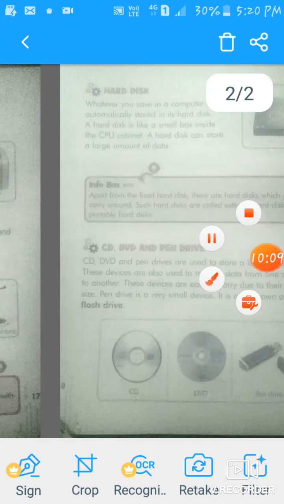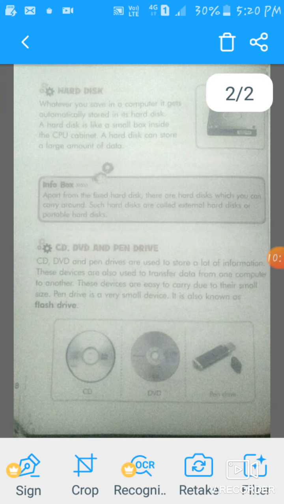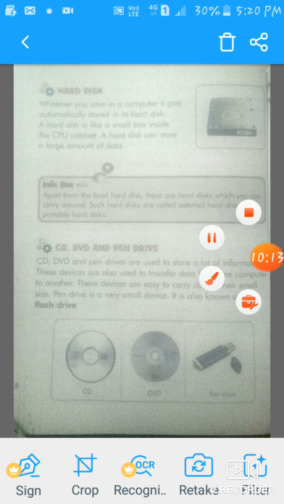Now, hard disk. Whatever you save in a computer gets automatically stored in its hard disk. A hard disk is like a small box inside the CPU cabinet.